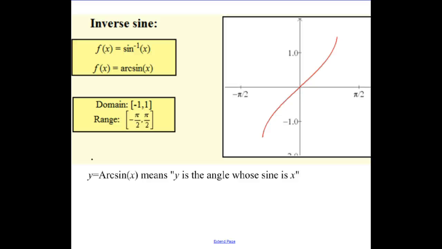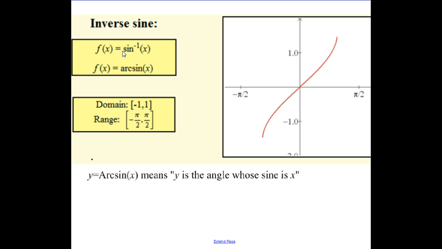Okay, so this is what I'd like you to write in your notebook. Our conclusions. So, inverse sine. We know that this notation, sine with a -1 superscript, is read the inverse sine of x. It's for an unknown angle. Okay. What I'd like you to do though is write it with a capital S